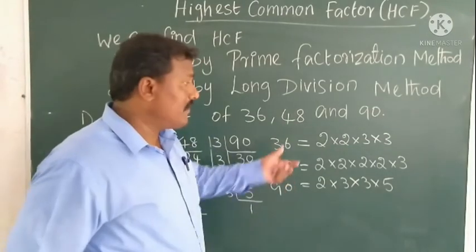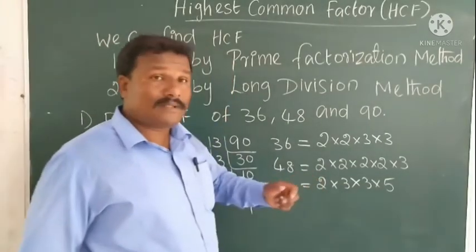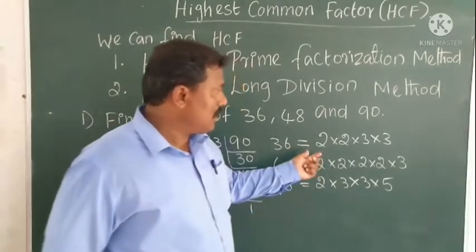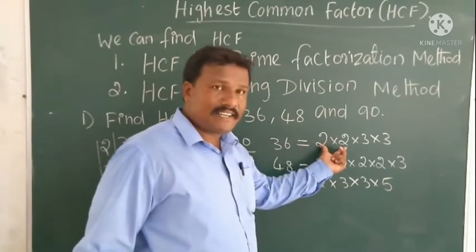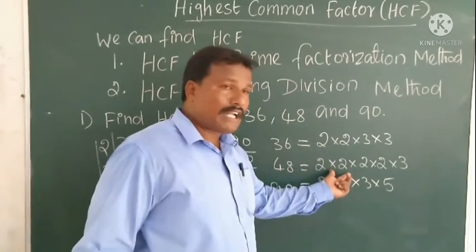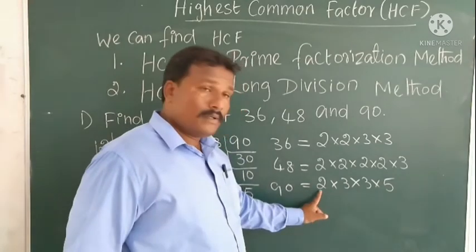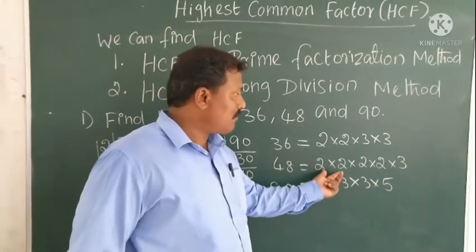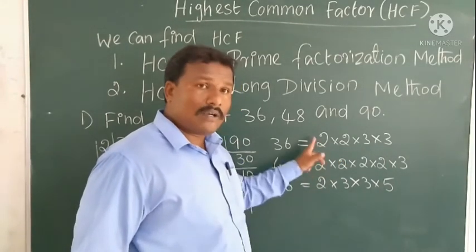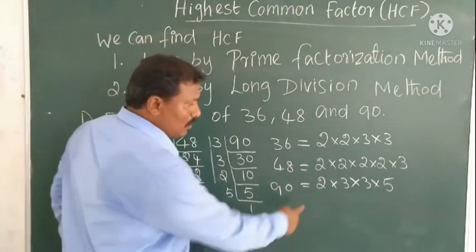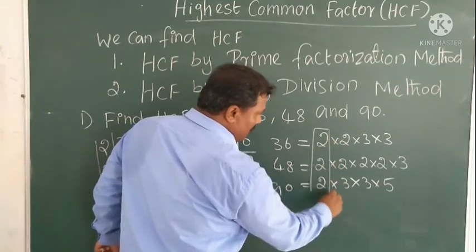Now we collect and write all the factors in one place. So now we want to find out the highest common factor. So if you see here the factor 2 is 2 times here, 4 times here, but here only 1 time. Here 2 only 1 time, here 4 times, here 2 times. So we have to take all the common factors. Here 1 time, here 1 time, here 1 time. So first we take common factors.